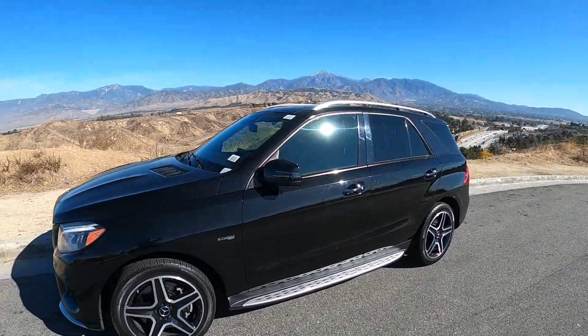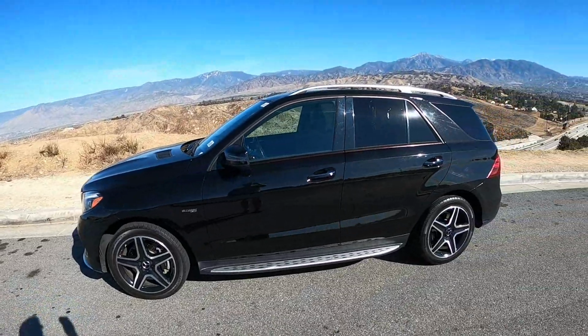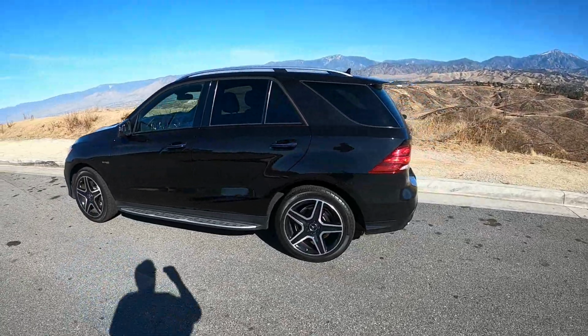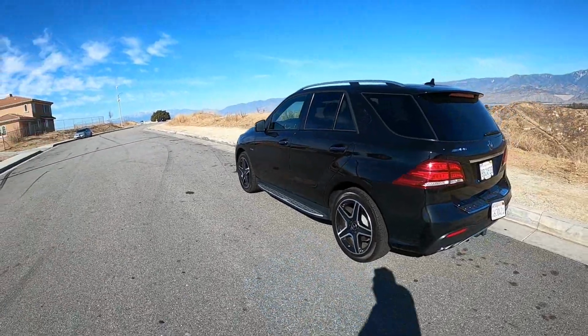Performance is so far okay, not where I'd want it. It is your typical two-row SUV. Has a lot of nice features. Definitely has a good look to it with the black, with the nickel